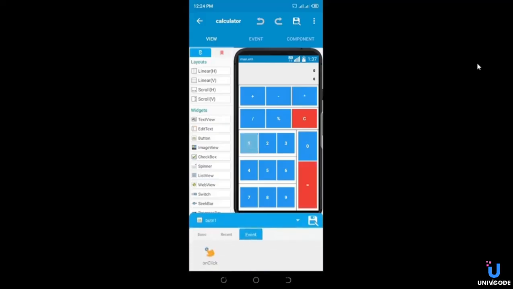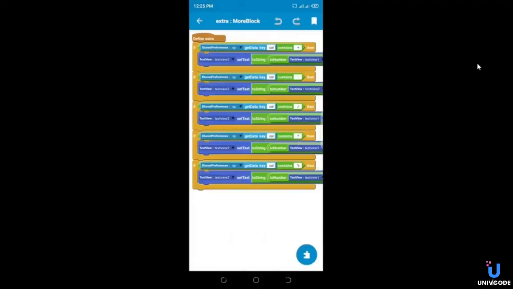So now on button 1 clicked, I'm going to set button 1. Then on close clicked, we got close saved already. So I'm basically trying to figure out how we